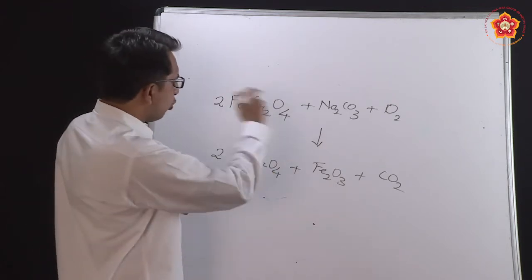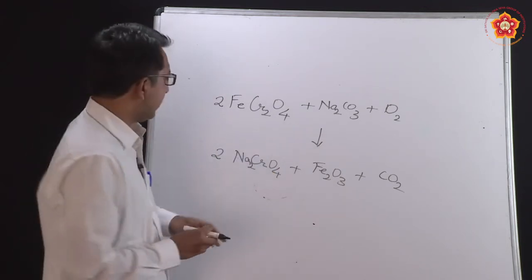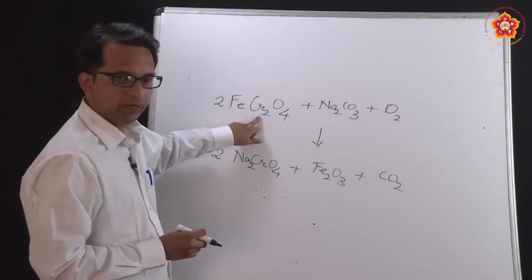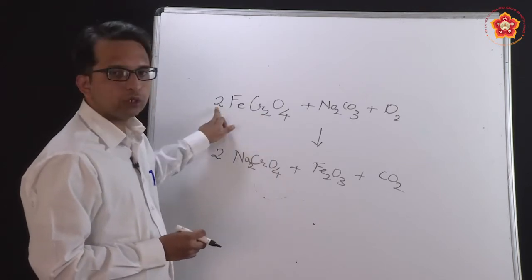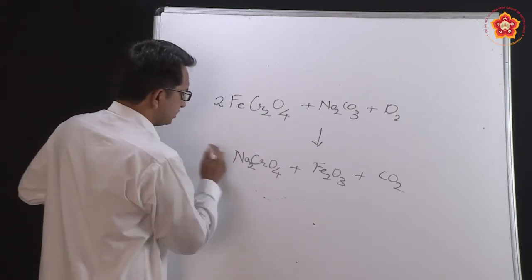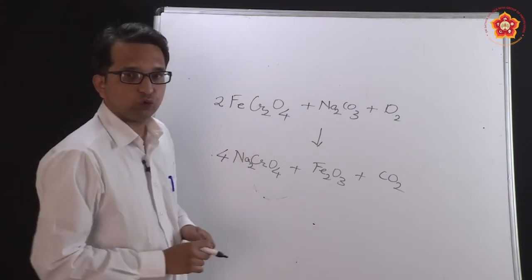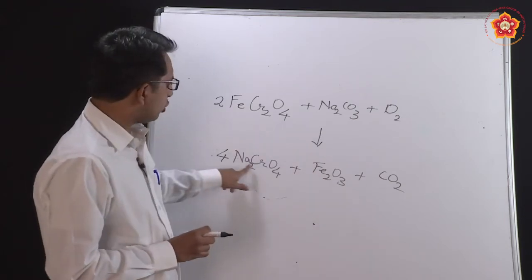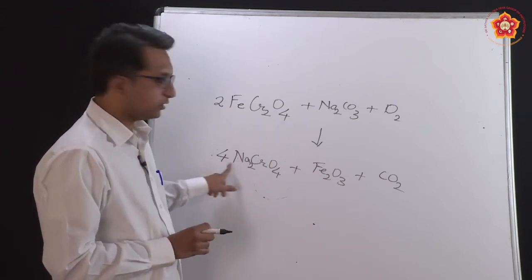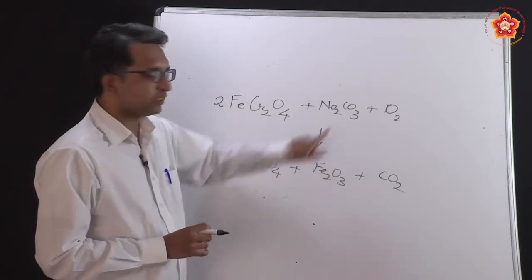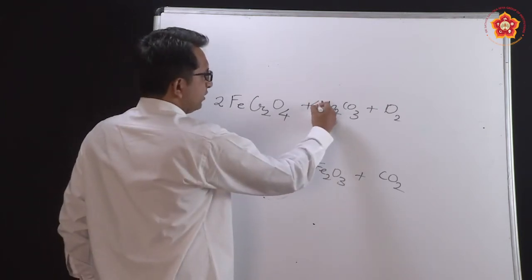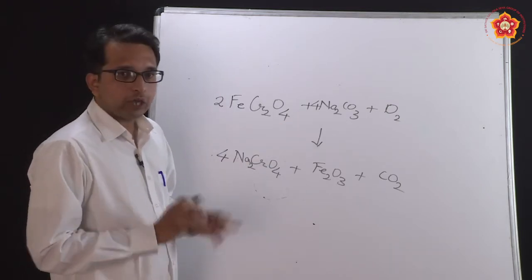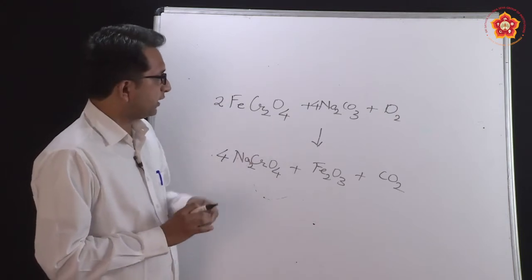In this overall balancing setup, once chromium also gets disturbed because of writing 2Fe, here it becomes in total 4 chromium. So once again I need to change this to 4 Na2CrO4. So what all are balanced now? 2 iron, 2 iron. Sodium is now not balanced. If you see here, this has gone up to 8 now, whereas here it is only 2. So when I try to balance, this is going to be 4 Na2CO3.